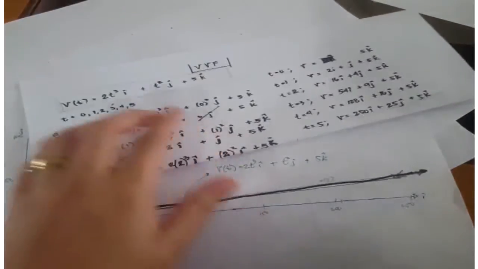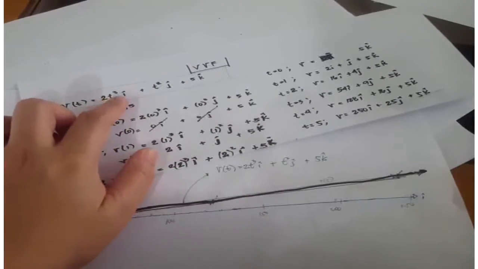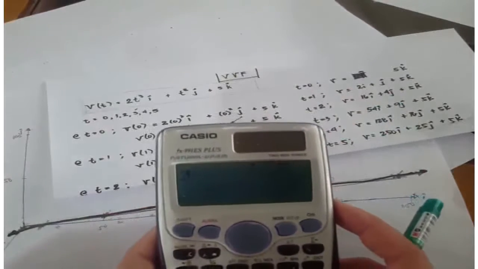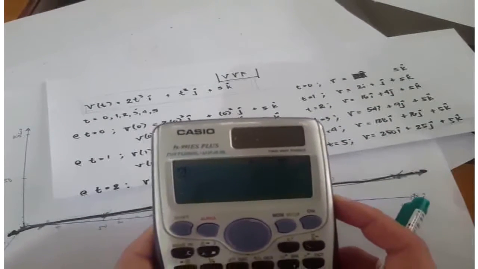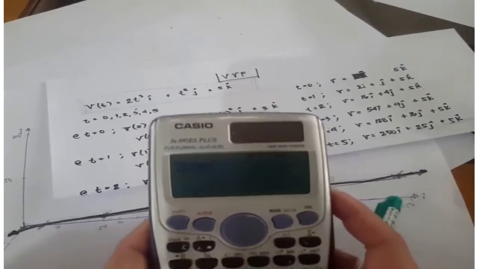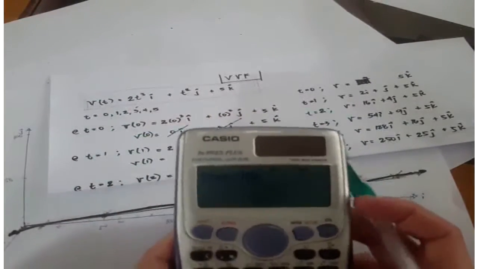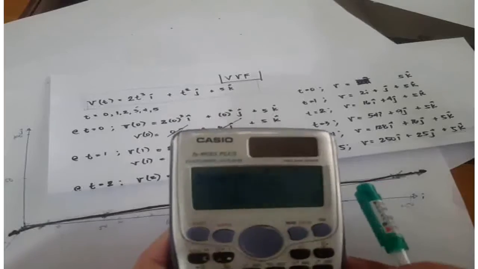For example, you have 2 cosine t at I. So 2 cosine t, let's say for example at time t is equal to 0, then just put 0 there, and then you can now determine the value of your v and so on,